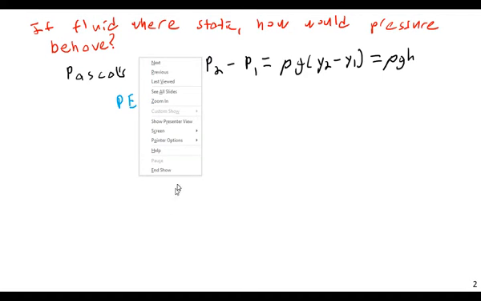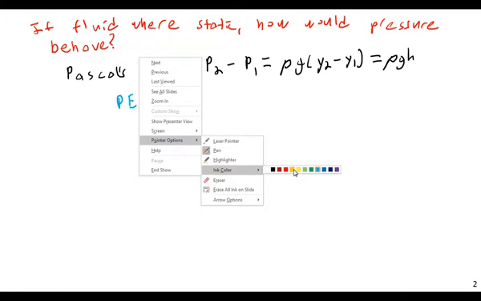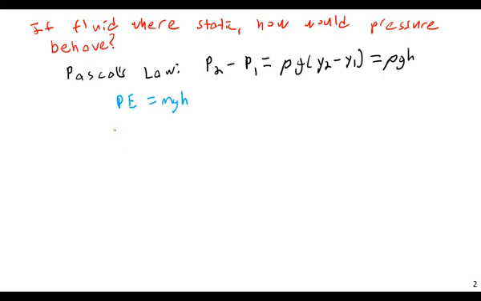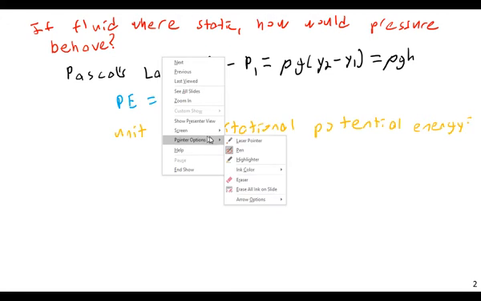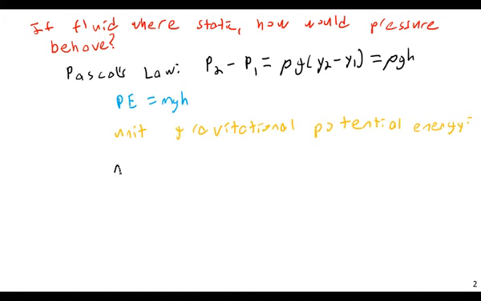So, what if I constructed it per unit? Like what if I wanted a gravitational potential energy per unit, a unit gravitational potential energy? In other words, what if I divided this by volume? So what if I said here, well, if I did mgh over volume,